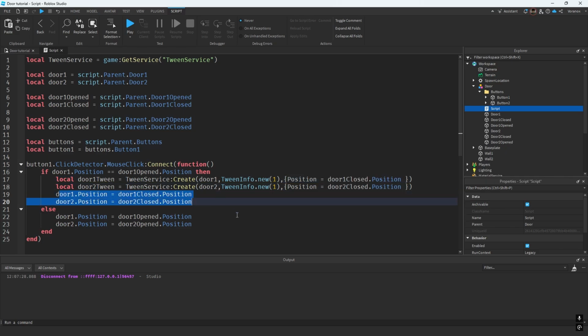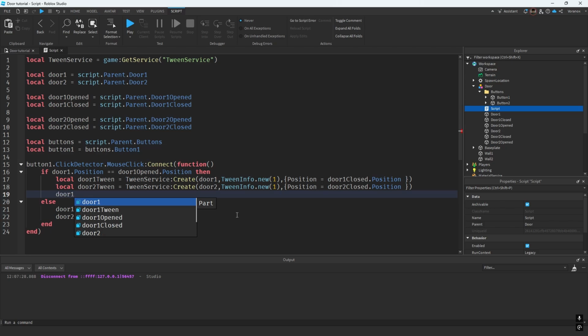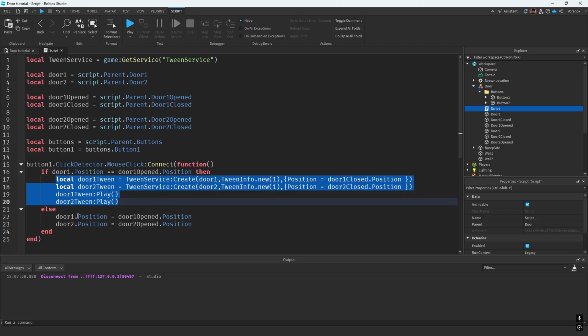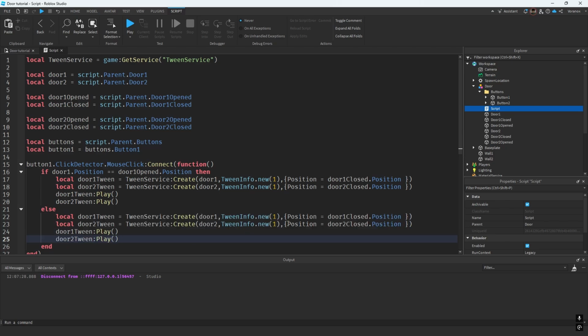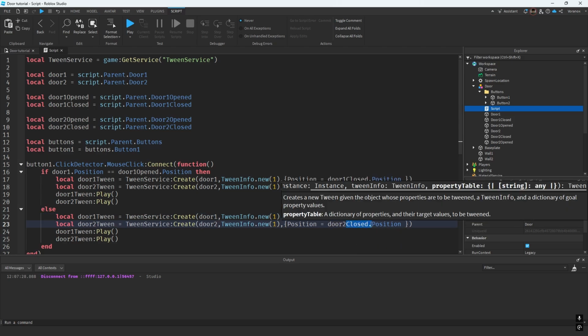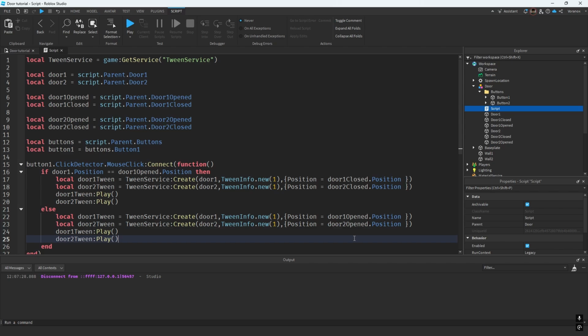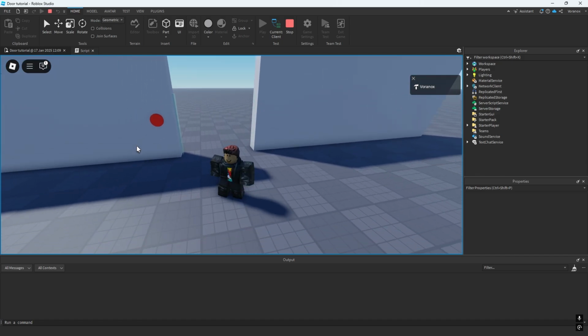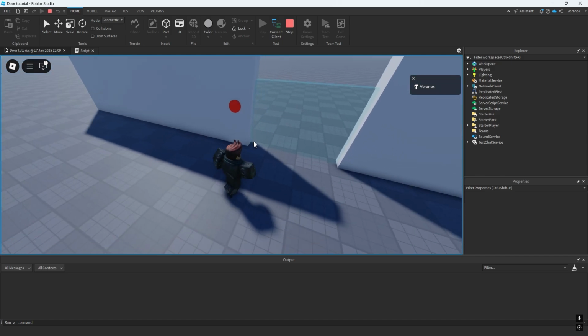And instead of changing the position, we want to play these tweens. Door1 tween play and door2 tween play. We can do the same thing for opening, not just for closing. Put it like this and change the door1 position not to the closed position but to the opened position, and change the door2 position to the opened position and play them. So now when I click the button, it opens over a second, and when I click it again, it closes